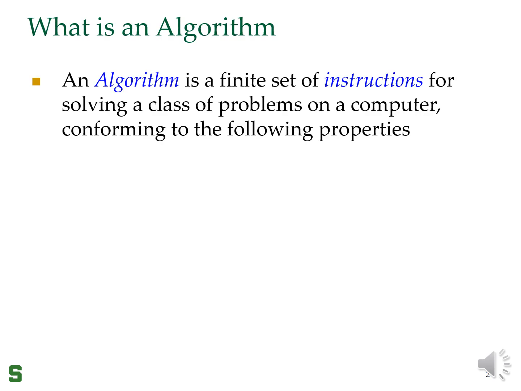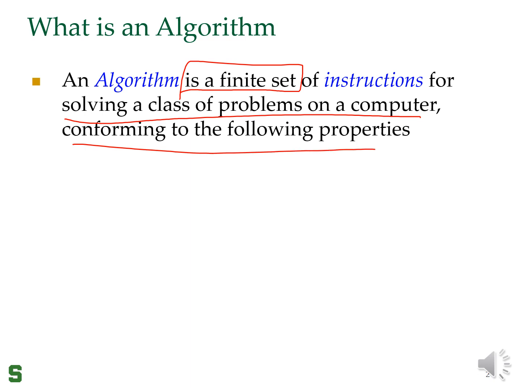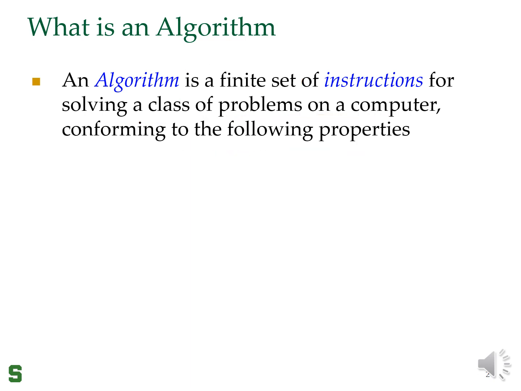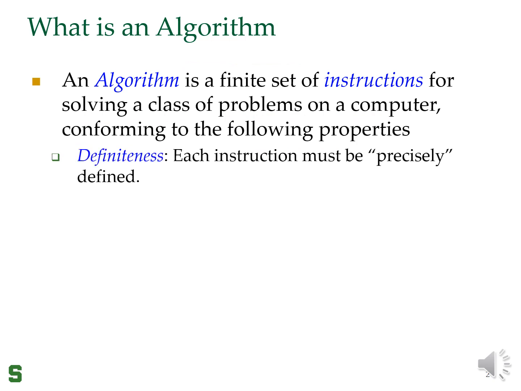So what is an algorithm? An algorithm is a finite set of instructions. A few important things: the number of instructions in your algorithm must be finite. For solving a class of problems on a computer that has the following properties. Property number 1 is